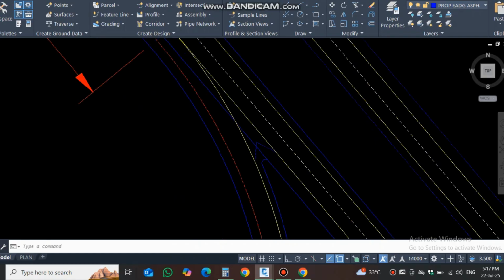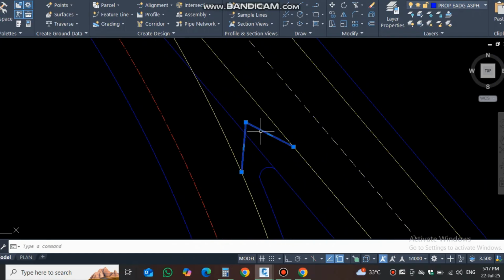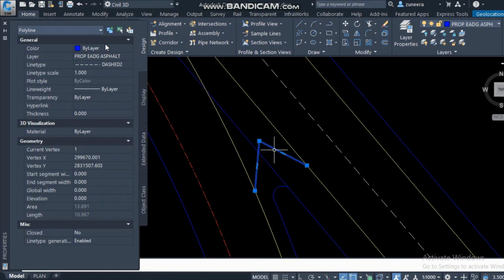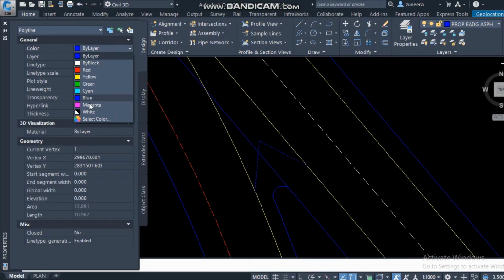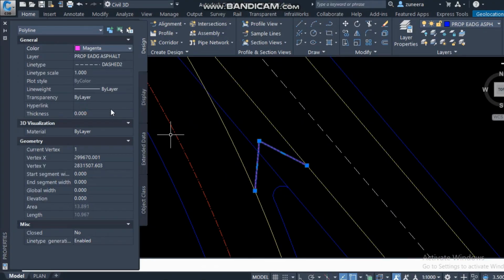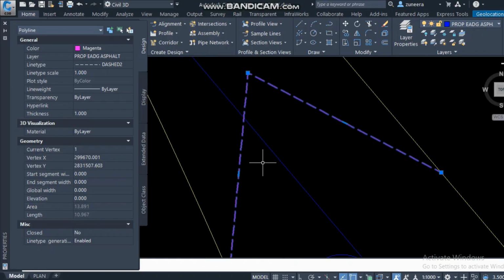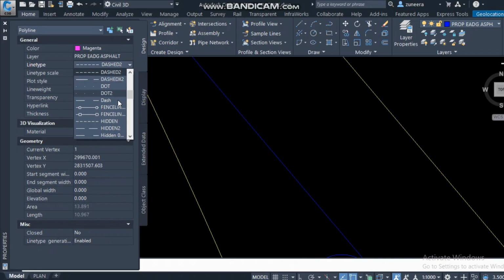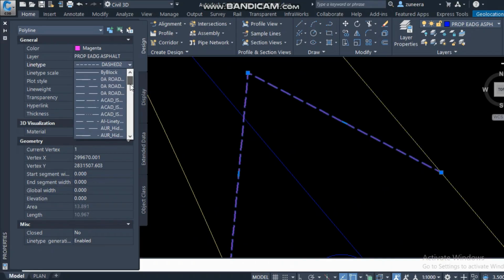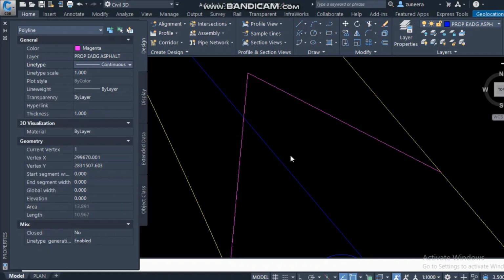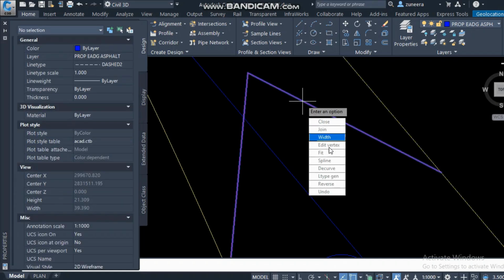You can make one, and then you can just change the properties to white. Okay, the thickness. We need the thickness. This thickness is 0. I will put it, should be continuous. Continuous with the